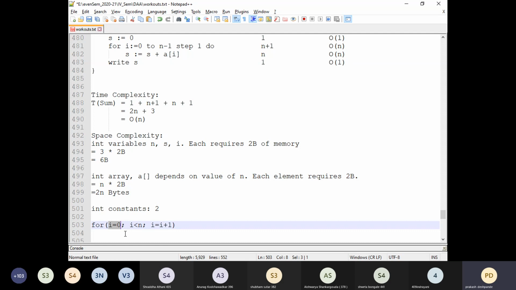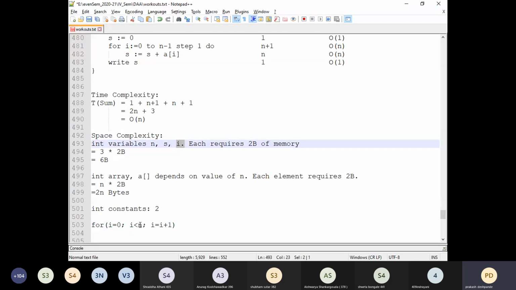Now what is this operation? An assignment operation. In an assignment, the right hand side value is not a constant; rather, the value is getting updated into the variable I, which we have already considered for the space complexity. Next comes the relational operator. Look at the left and right operands. The left hand side, operand 1, is a variable which is already considered.